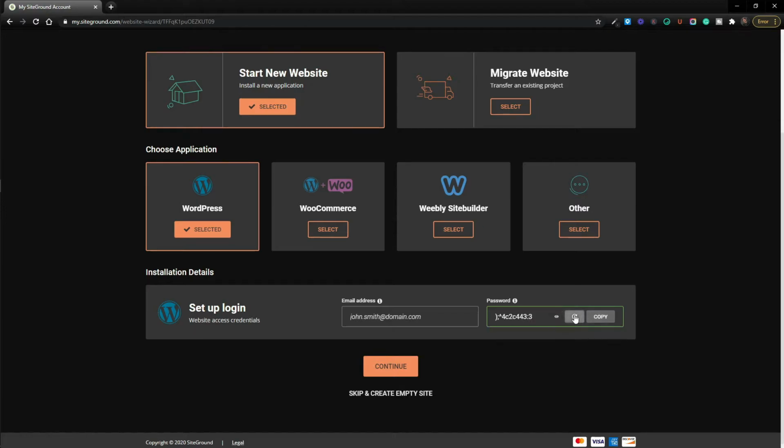But yeah, so don't hesitate to use this generate password option right here. All right, the email is pretty much the email address that you'll use to log in to your back office for your website, so pretty much your WordPress dashboard. All right, so I'm just gonna enter a random email here, well, one of my emails here,